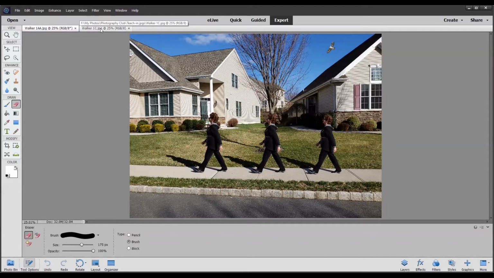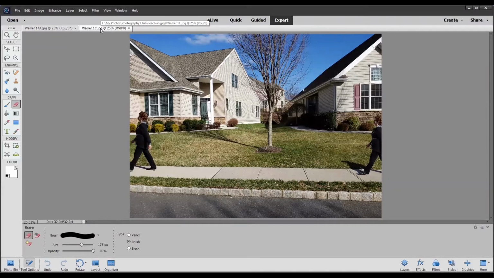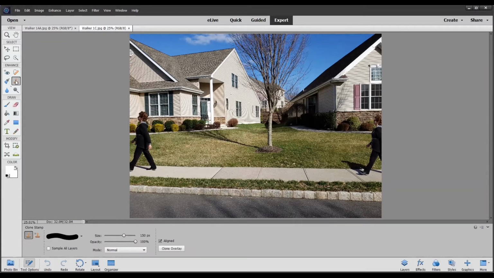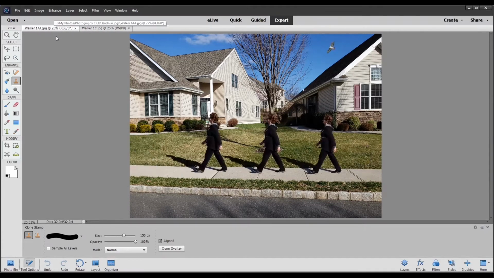And the way I would do that is by selecting this photo, coming down to the clone stamping tool, and then choosing a location on this photo that is easily identifiable on either of the two photos. I'm choosing the intersection of this crack and the right-hand side of the sidewalk. And so if I select that spot and then come over to the other photo and select the exact same spot,